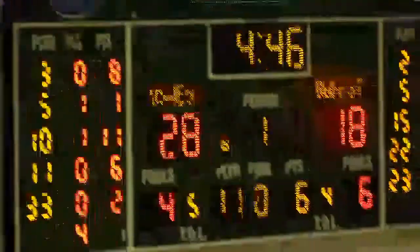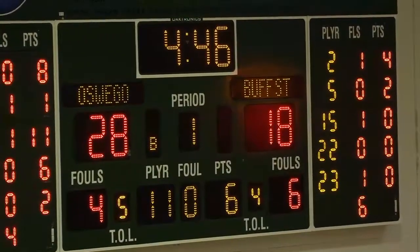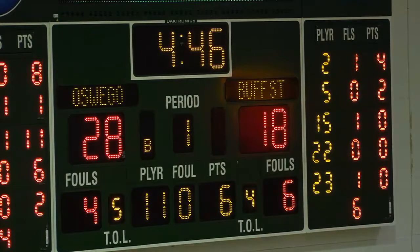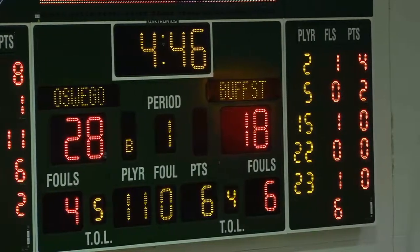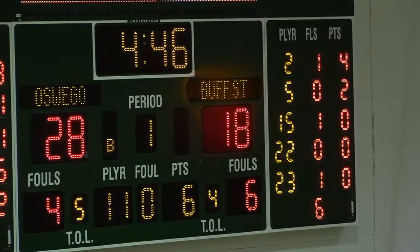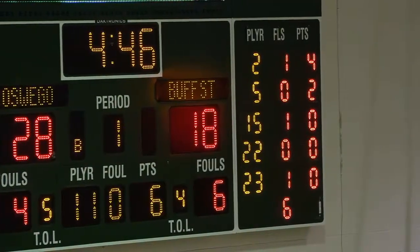The big thing for the Lakers in every game is rebounds. Last night they dominated in Fredonia in every category, and most importantly they doubled them up in rebounds, and that was really a big reason why that game was never close. We saw Tuesday night when Potsdam was here, Oswego lost the rebounding margin, and that game was a lot closer than it probably should have been, but tonight they lead it early on by 2. It's a tall Buff State team, and they are aggressive, but